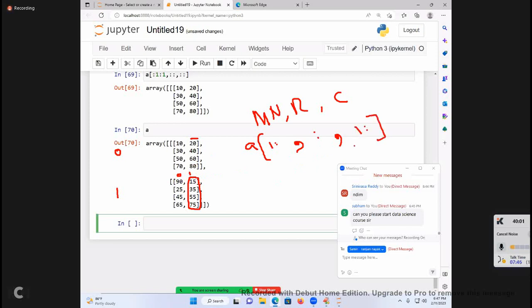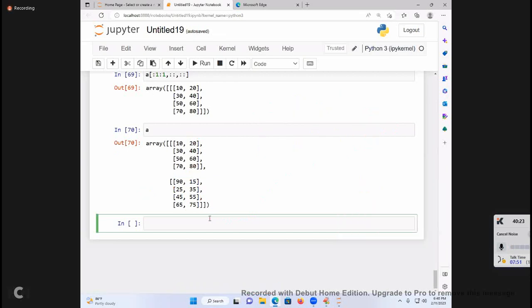That's all. Are you following? 1 colon means first matrix. Rows, all rows. Which column? First column to last column. First column and last column is same. Are you okay? Or you can say 1 colon 2 also. 2 minus 1 is 1 only. So tell me A of 1 colon, 1 colon.